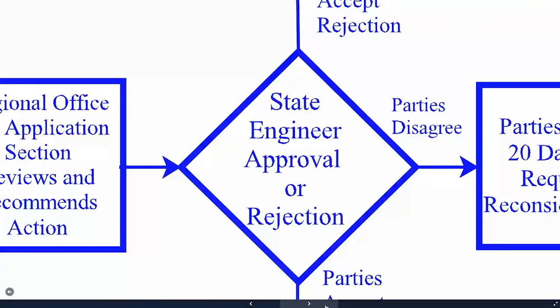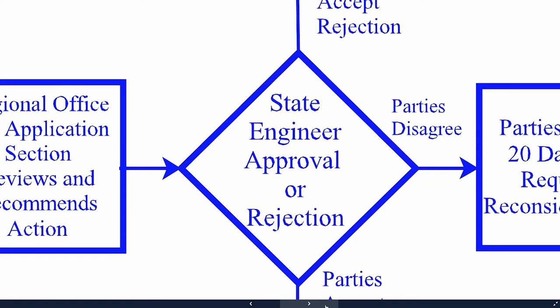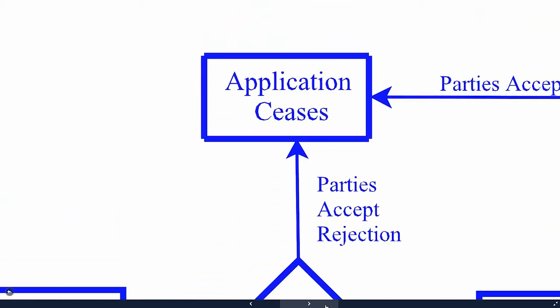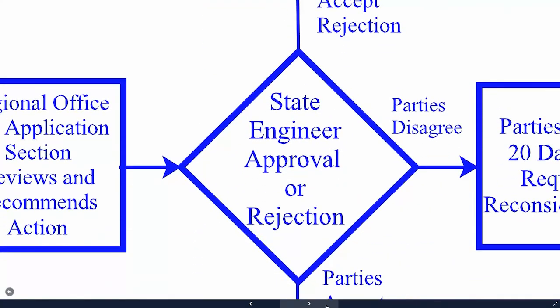If the state engineer does not have reason to believe the application meets the statutory criteria within Utah Code, Title 73, Chapter 3 for approval, the application shall be rejected. If the parties accept the rejection of the application, the process ceases. In some cases, a party to the application may believe they are aggrieved by the order of the state